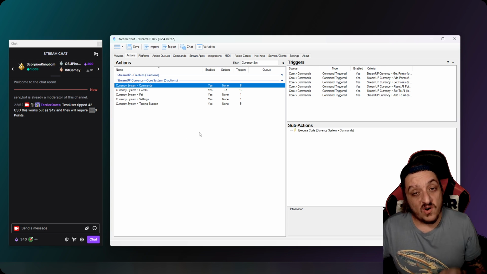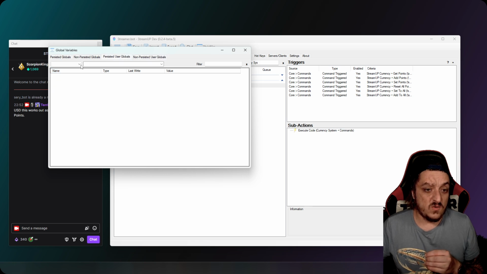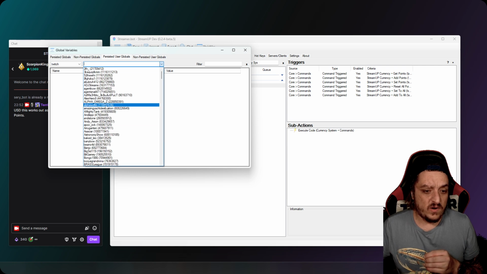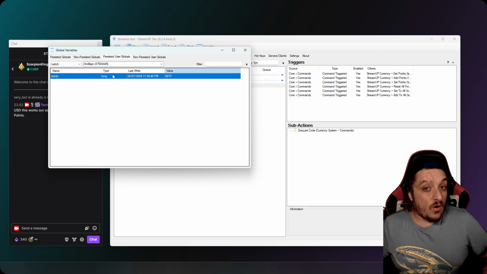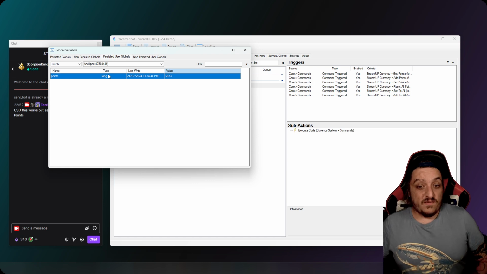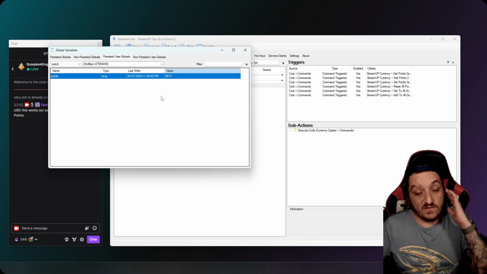And if you want to create your own games with a point, remember the variable is points. So we can go into persisted user, Twitch, and if we go under the pen, we can see points there, and it uses it. Remember, points is a long, so just be careful if you are wanting to do your own things with the currency system. But if you,